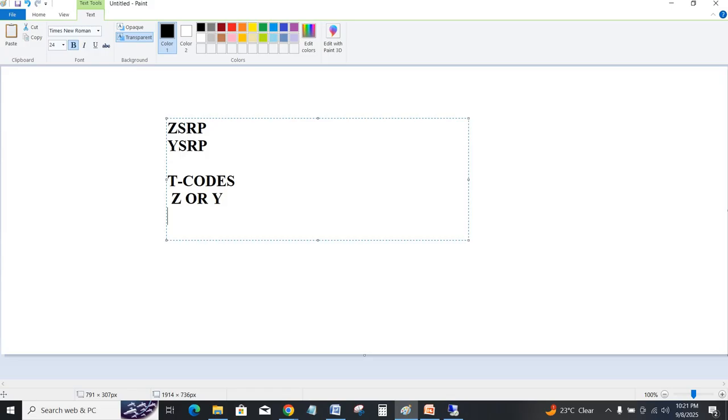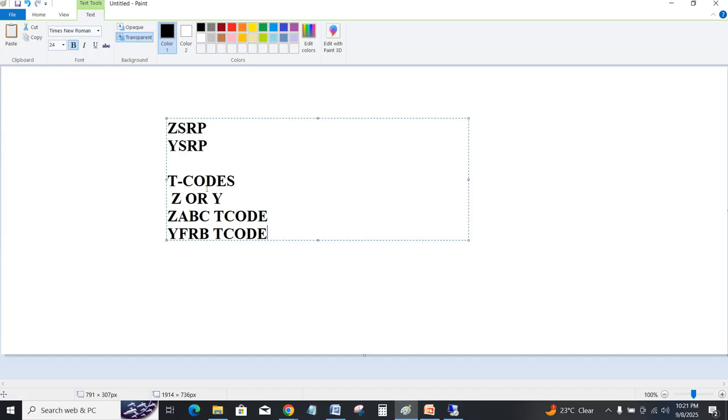Okay, by seeing the Z only, I can understand this is a customized T code. I can easily understand if the T code starts from Y, like FRB, something like that, so I can see, okay, this is a customized T code. So that's the reason always